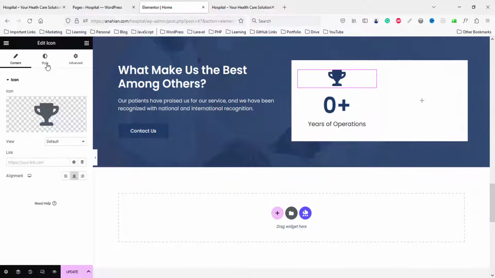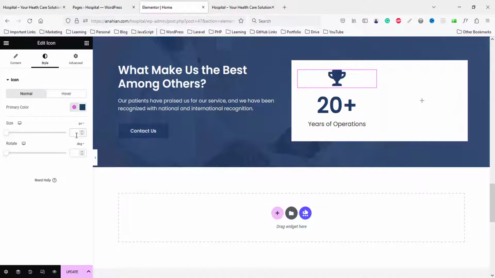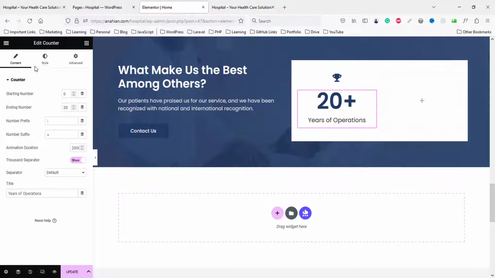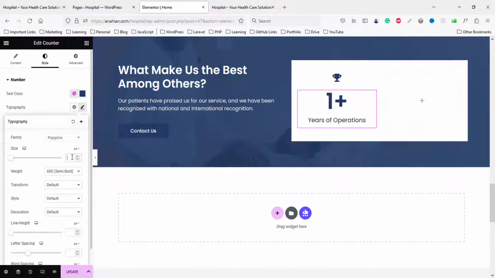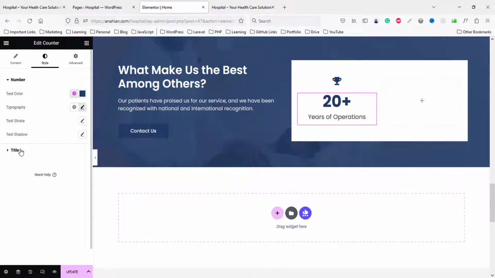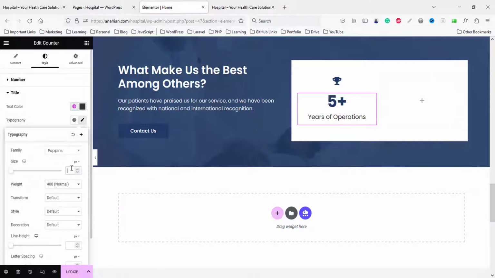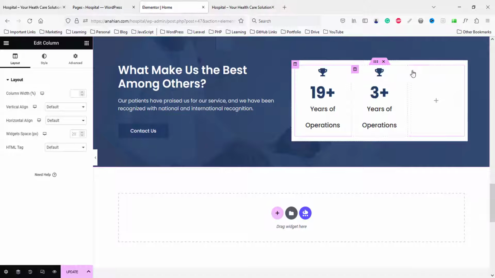So first we adjust this design, go to style, size like 20 pixel, 25, and for this part go to style part, and here we can set font size like 50 pixel. Okay, font weight 700, and for years of operations, we can just do 22 pixel, and font weight like 500. Okay, fine. And we can duplicate this column, remove this one,